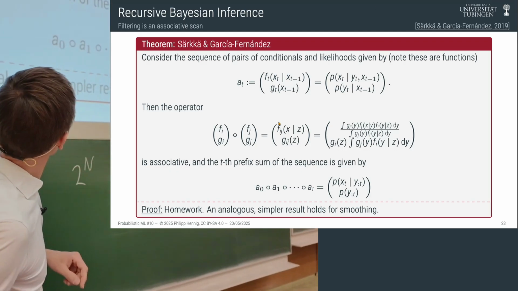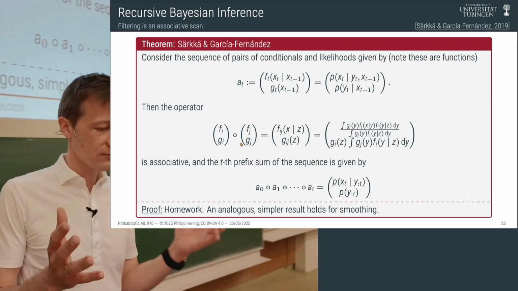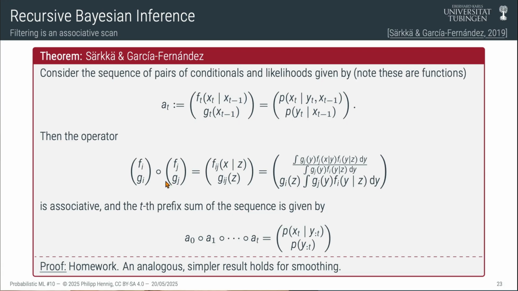And then the second thing we need, second ingredient, is this associative operator. So that turns out to be this operator. So it's an operation that operates on pairs of these tuples that does the following computation. So it actually does something. It produces a new tuple. Right? It maps from a pair of tuples to a new tuple. That's, of course, what our associative operator has to do. A tuple of a pair of a bivariate function and a univariate function, which happen to look like this. And now they are really so opaque that you just have to believe me that that's the case.